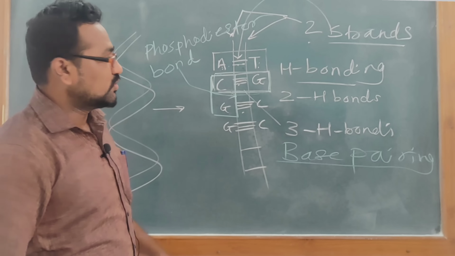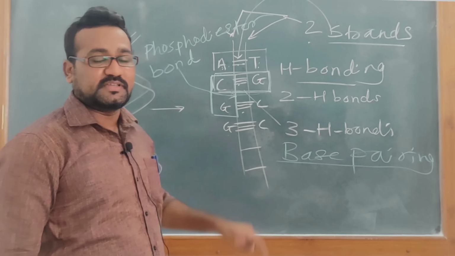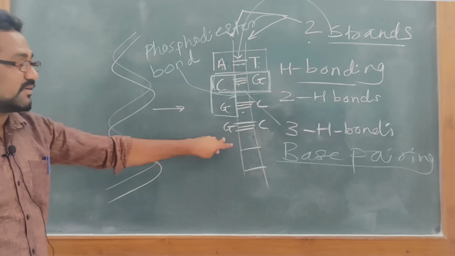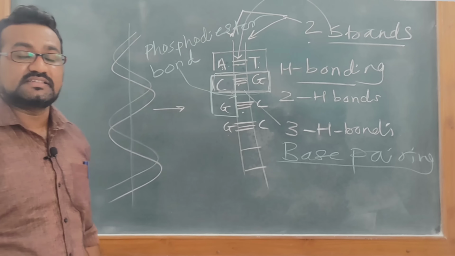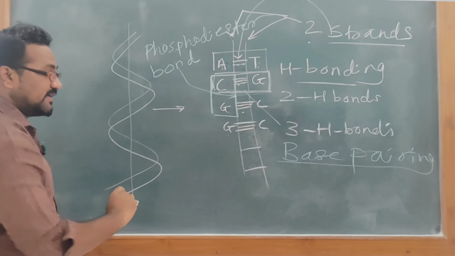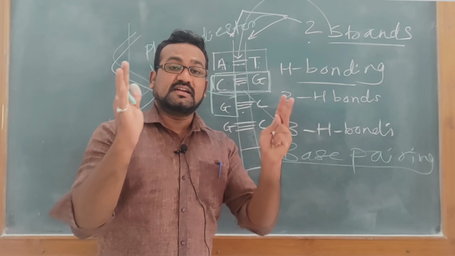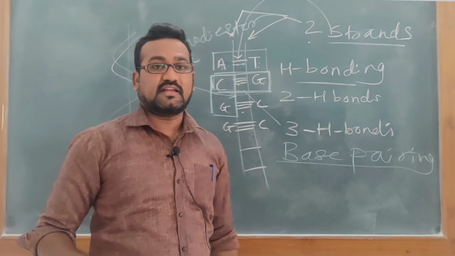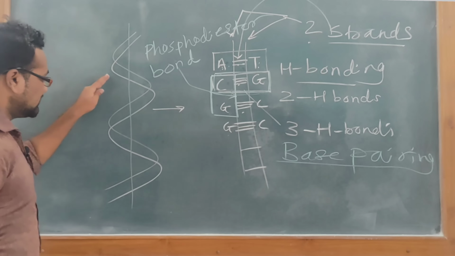Base pairing. So you will have one base pair, second base pair, third base pair, fourth base pair, as you can see here. So you have this double stranded structure which is always in spiral format, as it is always indicated that this spiral shape is to compact the DNA in a small area, because in the nucleus you have very small area. For that the DNA is arranged in a circular fashion here.